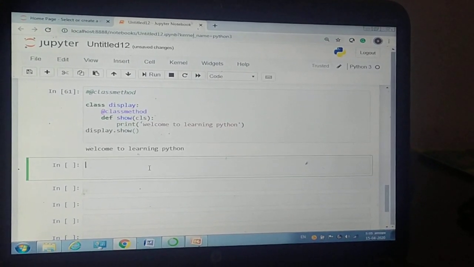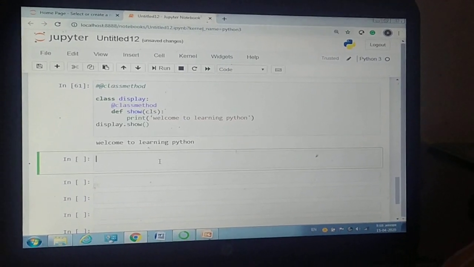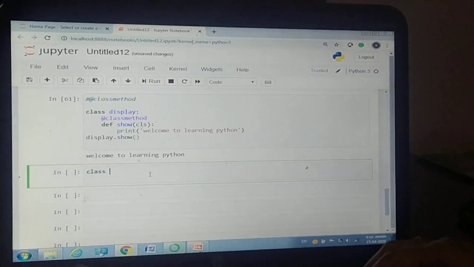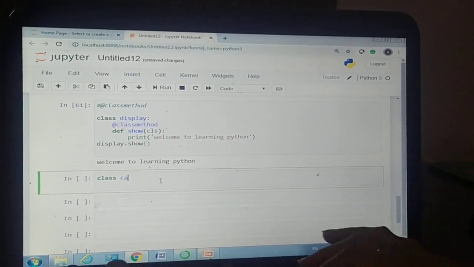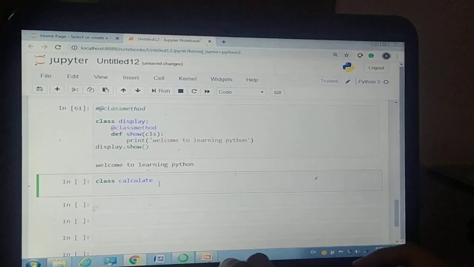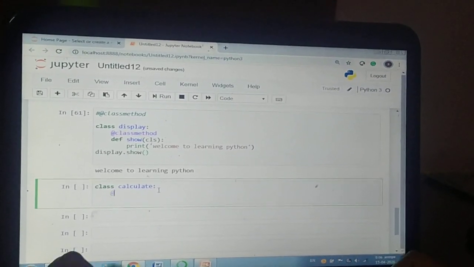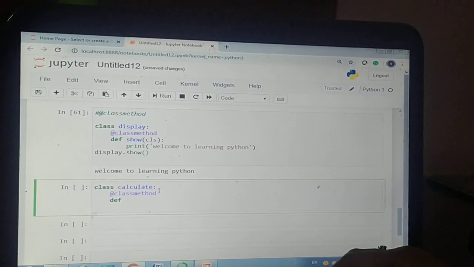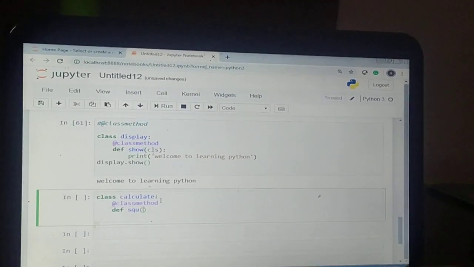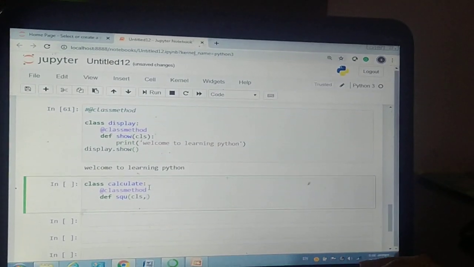Suppose you want to calculate the square of a number by using a class method. This is how you are going to calculate this. Suppose my class is calculate, this is my class name, and def squ, cls comma a.